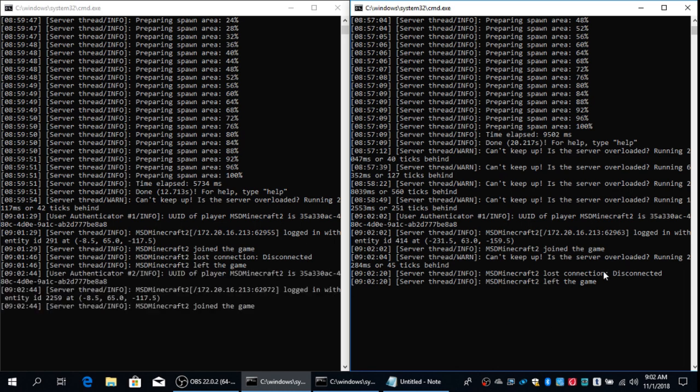You see, this one says he's left the game, and as I'm over here, he's joined the game. So I can't really demonstrate it on this computer to show you because the computer does not have enough RAM to demonstrate it. But as you can see, it does work separately, and it's not port forwarded. These are both computers on